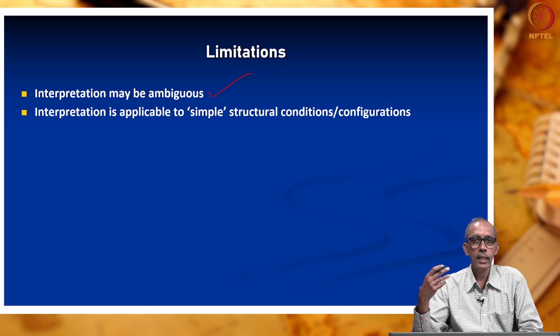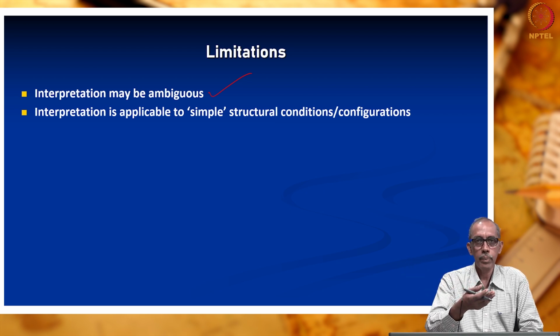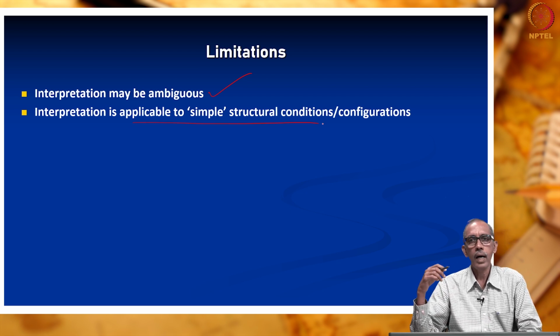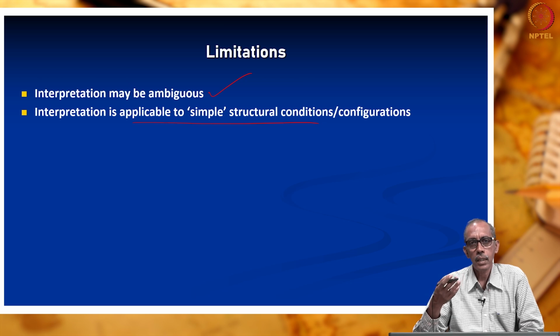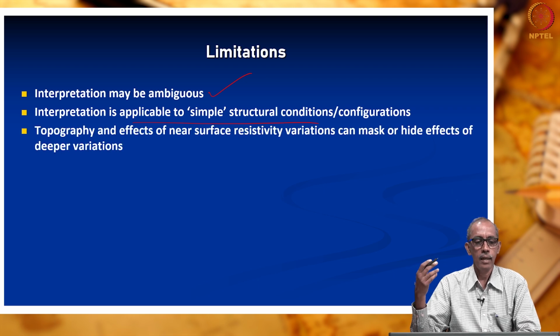So, how can we correct ourselves? As I was explaining, it is always preferable to compare with field verified data, maybe an open hole well as I had shown you in the picture, or a borehole log collected during drilling. We need to cross verify our interpretation. Interpretation is applicable for simple conditions. For example, in a coastal aquifer we have only sand everywhere, so interpretation is reasonably easier. The complication there is only due to change in the quality of groundwater. In a very complex area, interpretation is a little bit difficult.